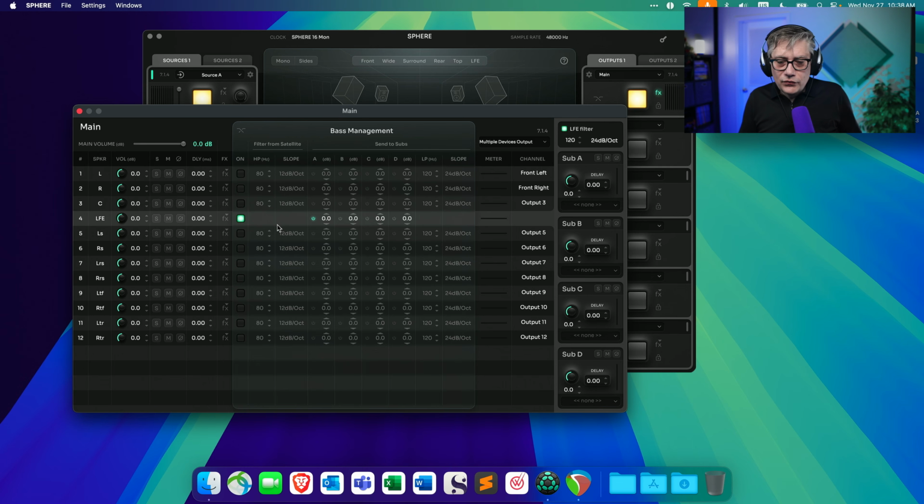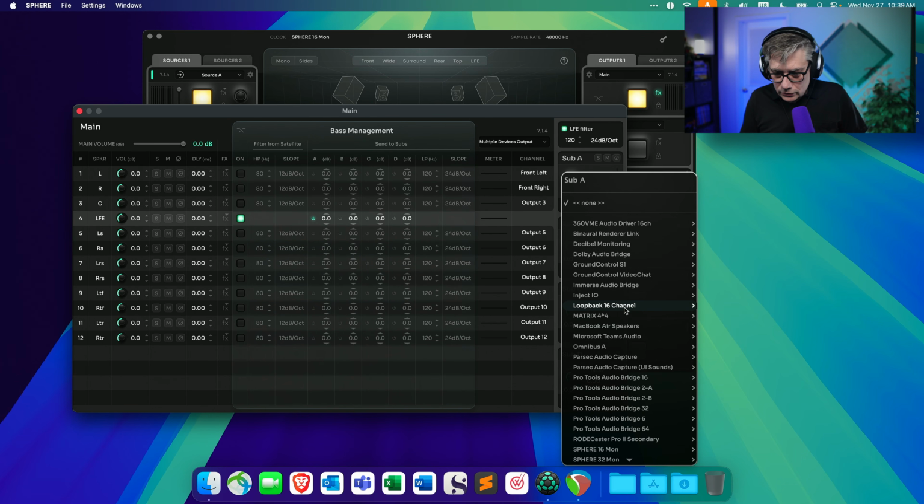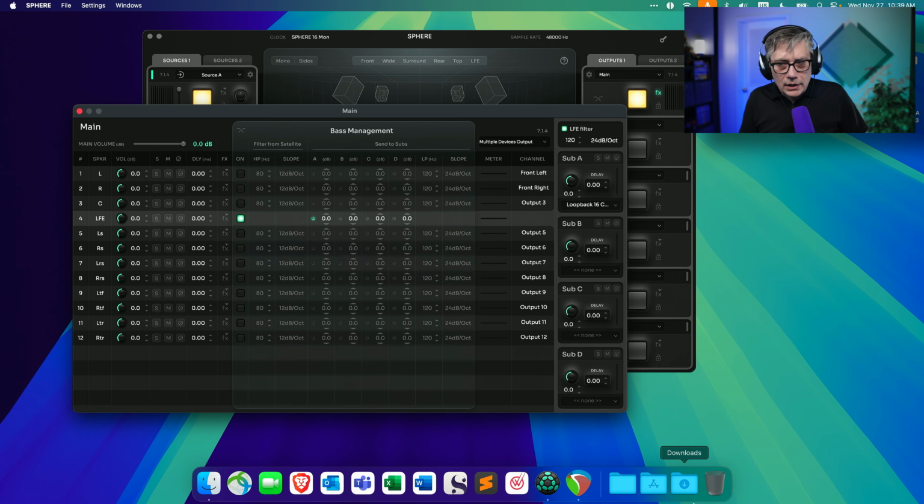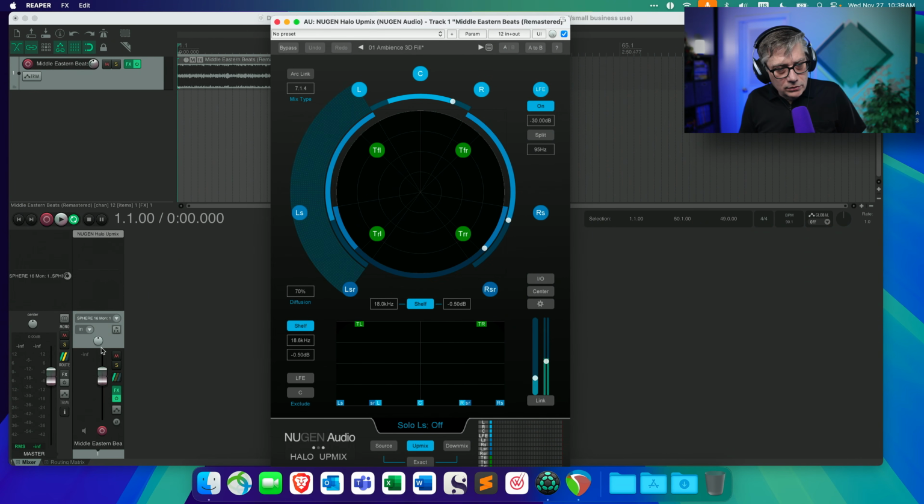So instead of selecting that here in this setup, what I actually need to do is enable one of those subwoofers, and I've already enabled subwoofer number A here. This is enabled here as well, and then the output needs to be put at subwoofer number 11. So I'm going to do that here, and that's going to be number 4. With that said, everything should now actually work correctly. So let's go back into Reaper and play the audio again.